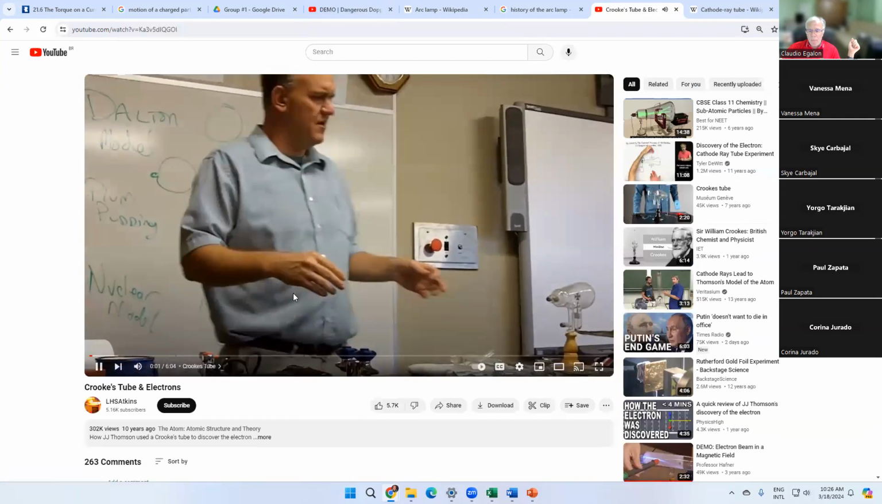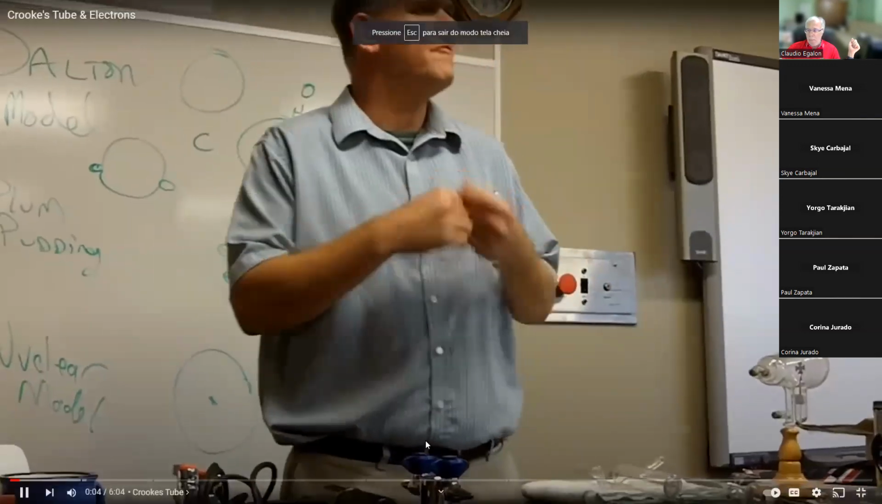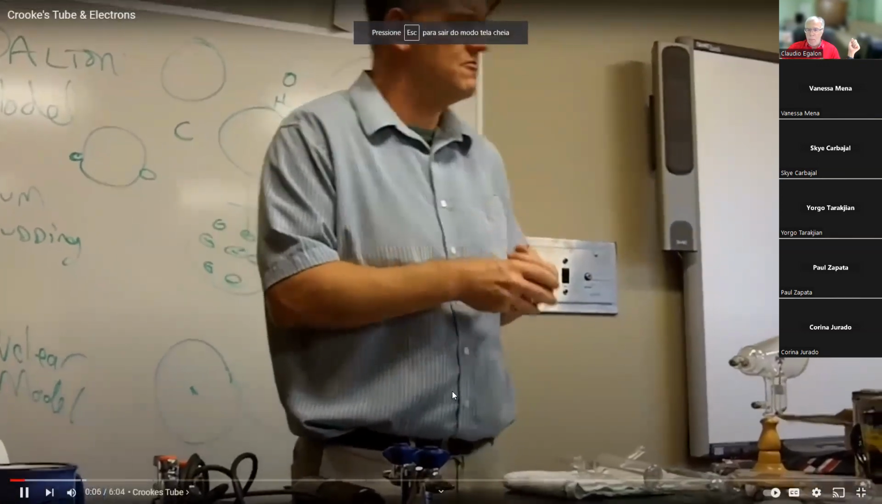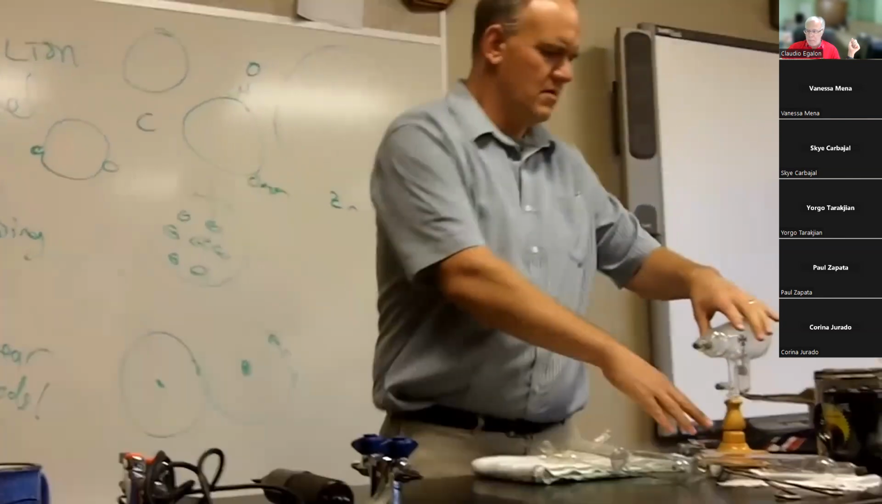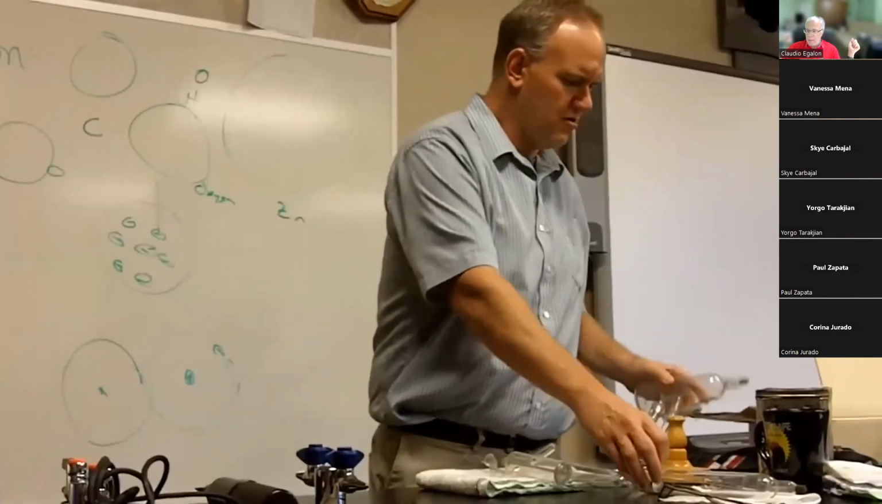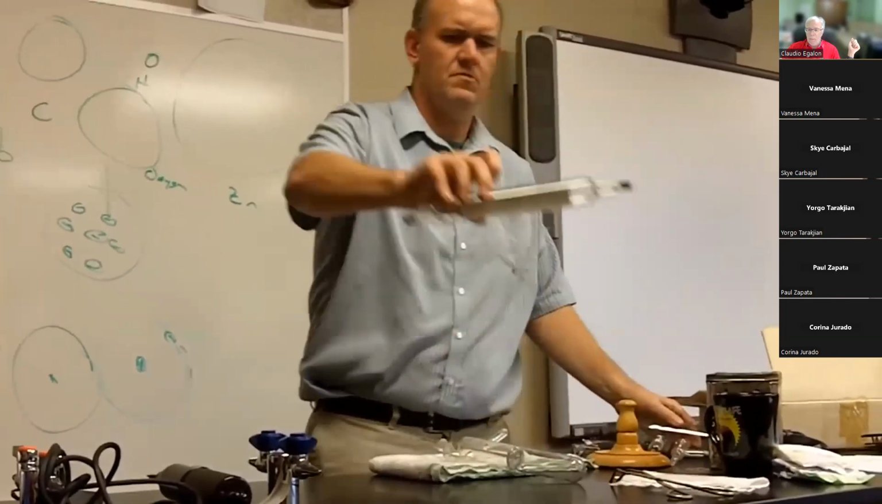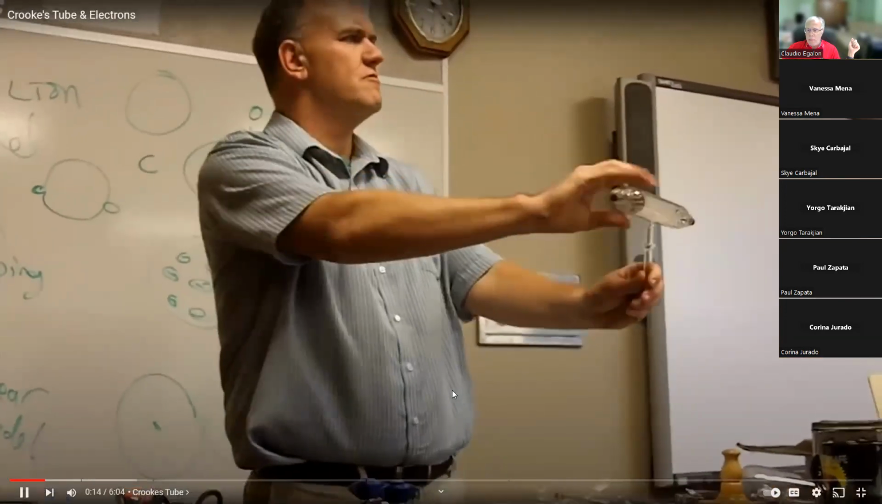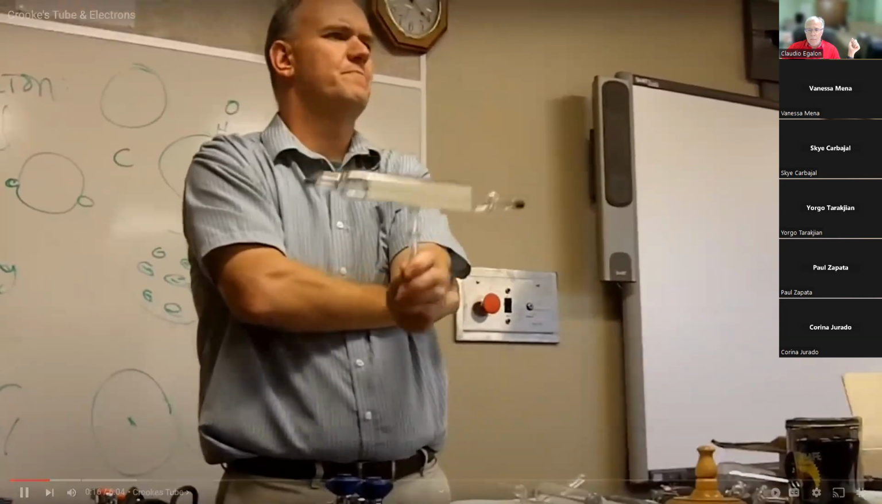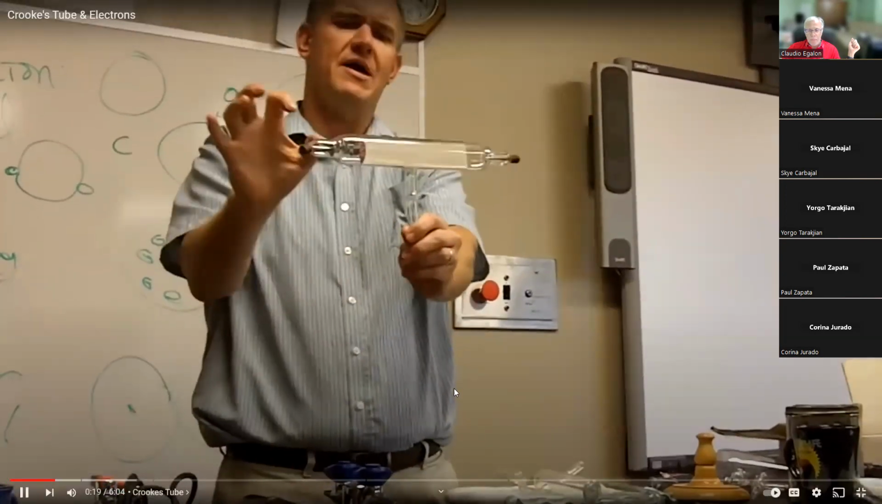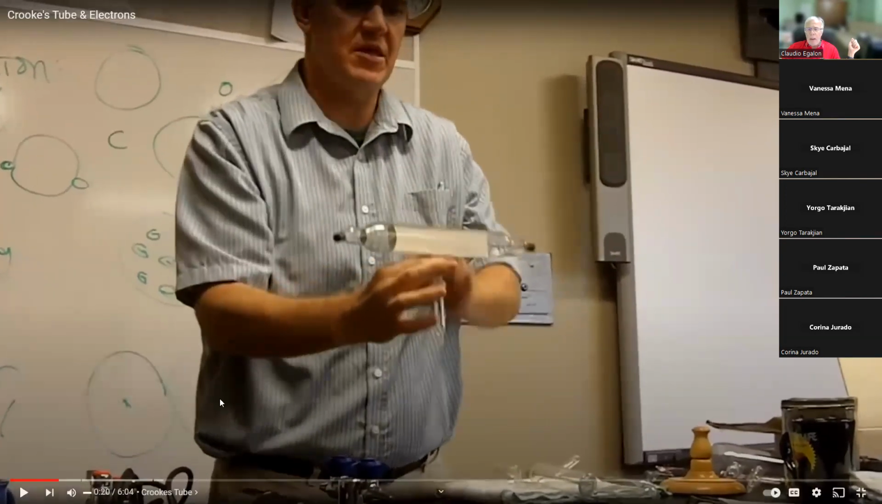So what I'm going to show you today is how we figured out that Dalton's model was not complete. And it began with this thing called the Crookes tube. Has anyone seen a Crookes tube before? This is a Crookes tube. What it is, it's a tube of glass that's mostly